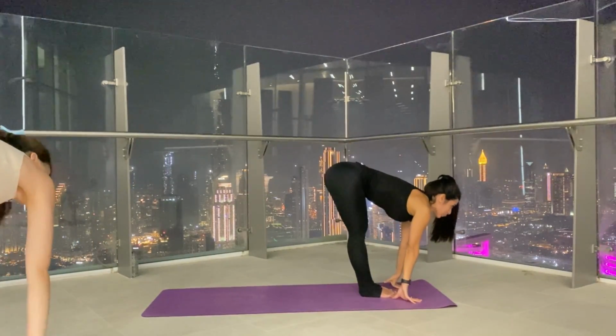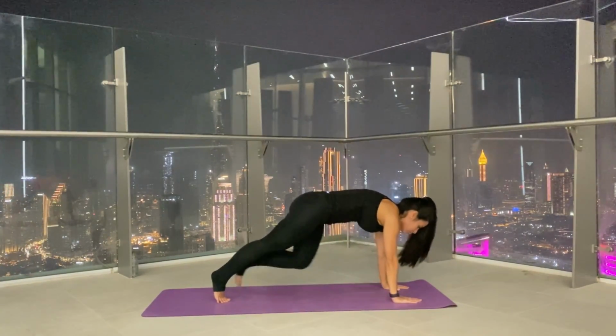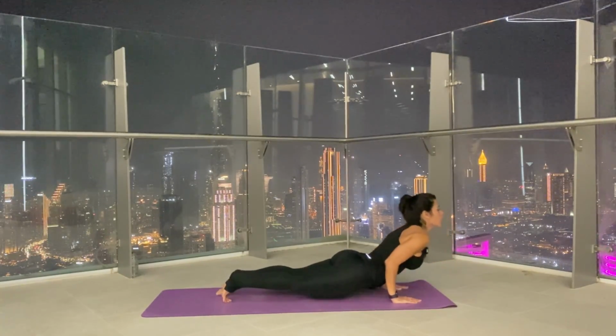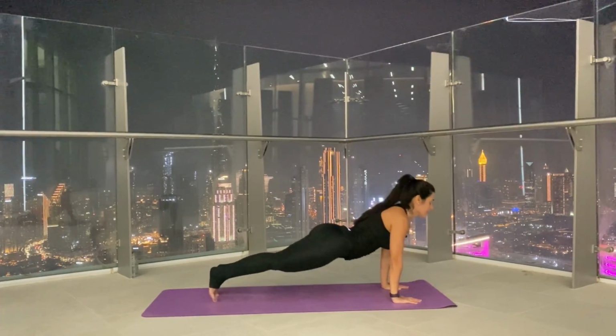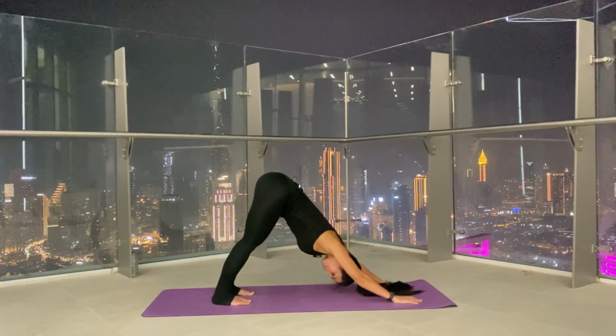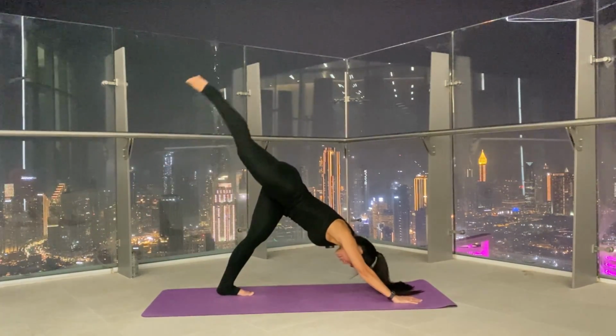Inhale, lengthen your spine, gaze forward, plant your hands on the floor, and step back to chaturanga, bend the elbows. Inhale, Urdhva Mukha, upward facing dog. Exhale, downward facing dog. Put your hips back and up. Just one breath here. Inhale, step your